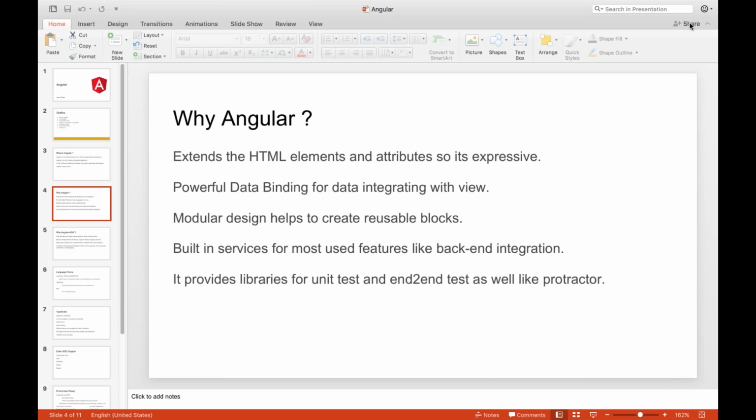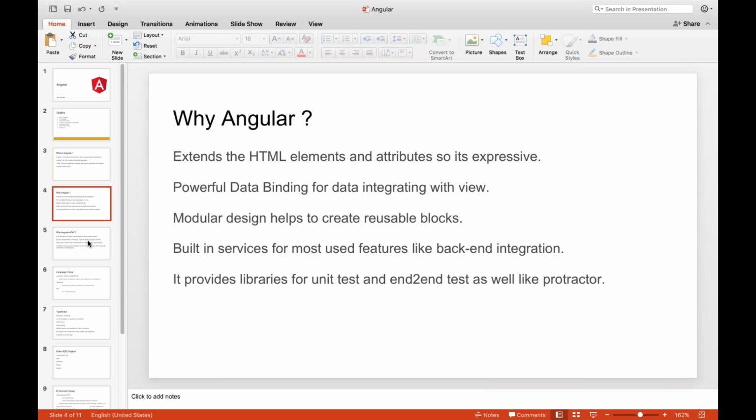It's actually an end-to-end framework which provides all the aspects of web development. So that's why Angular fits that. You might have heard of React. React is not a framework; it's just a library. You might have heard of Vue.js. That's again not a framework; it's just a library. So that's why Angular, because Angular has those features which help to make your development